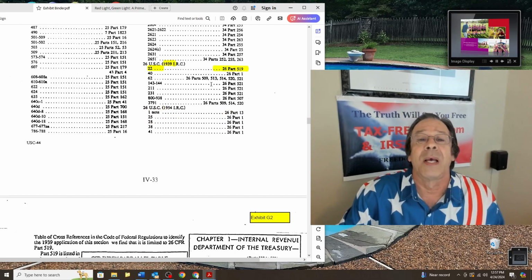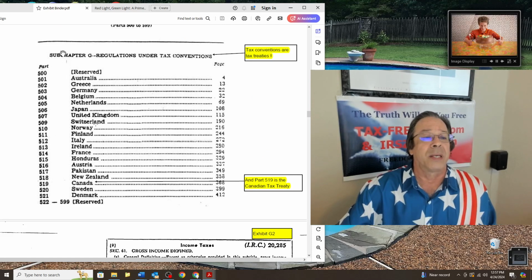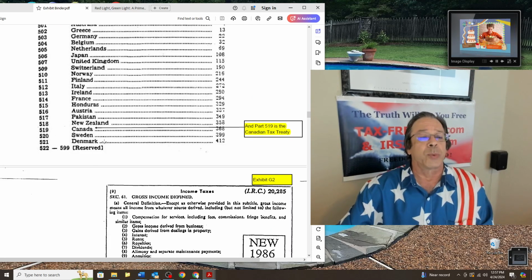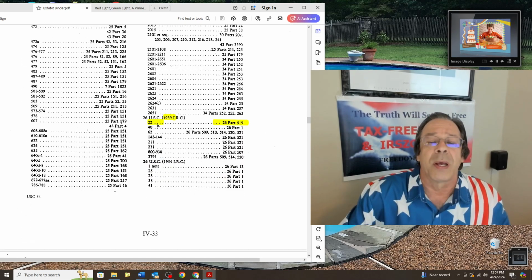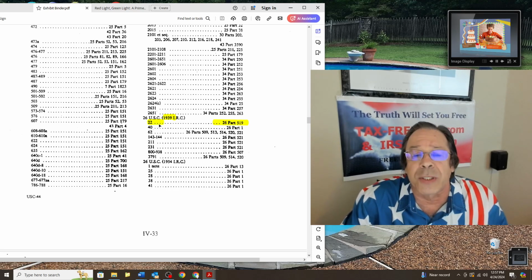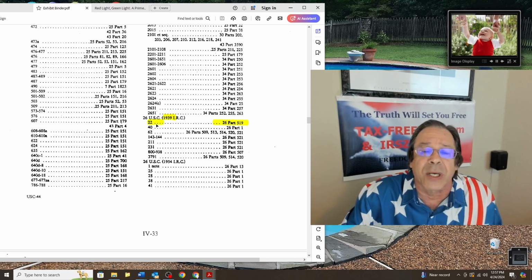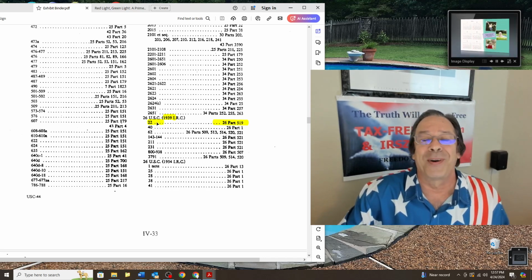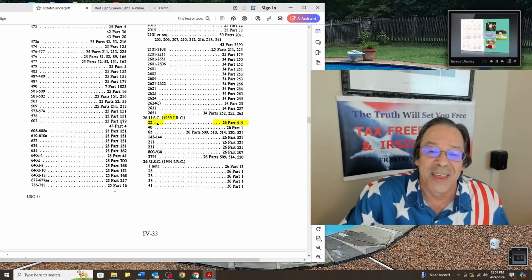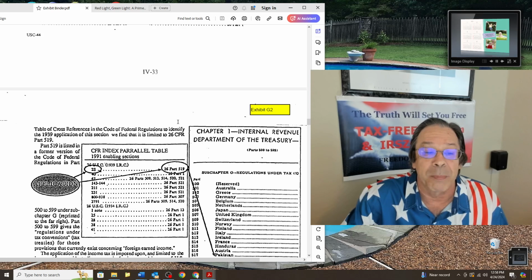What are the numbers? 9, 13, 14, 20, and 21. Okay, 9 is Switzerland, 13 is Ireland, 14 is France, 20 is Sweden, and 21 is Denmark. They're all European countries that adjusted. That's why they needed adjusted gross income to modify gross income for work in the overseas country. The statute could have told you that, but then they would have revealed the fraud being perpetrated on the American people.